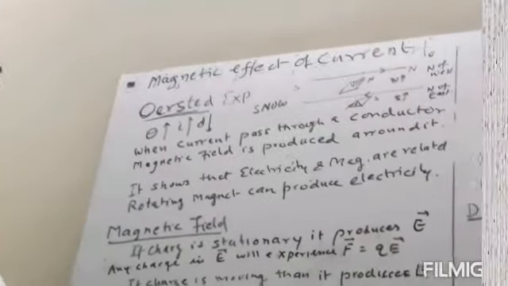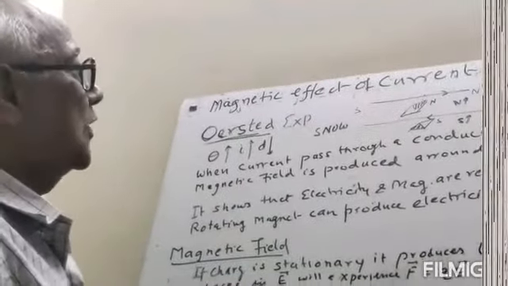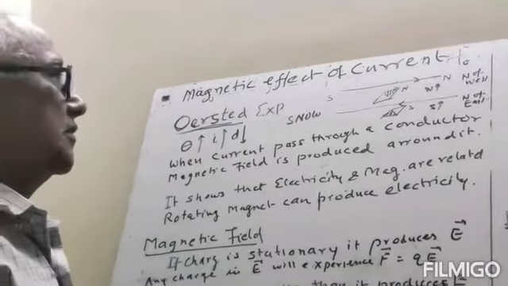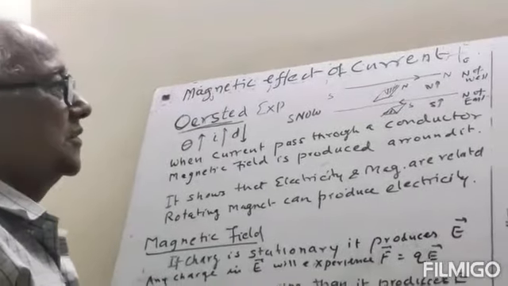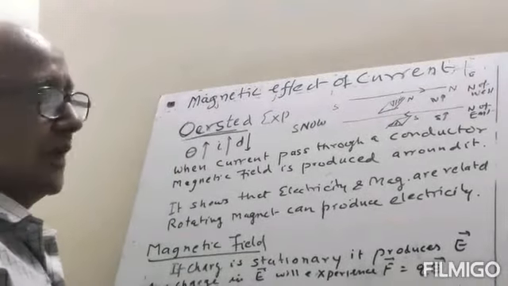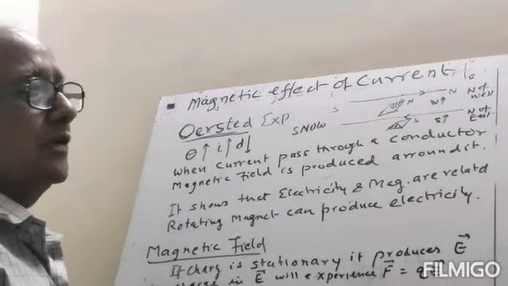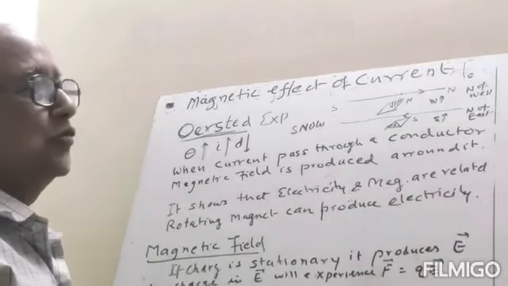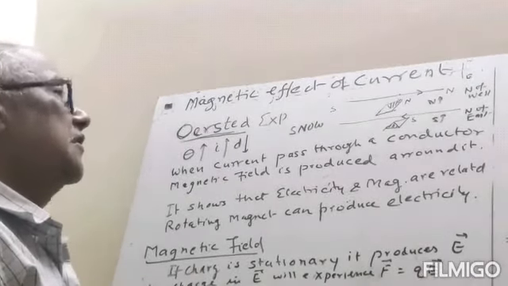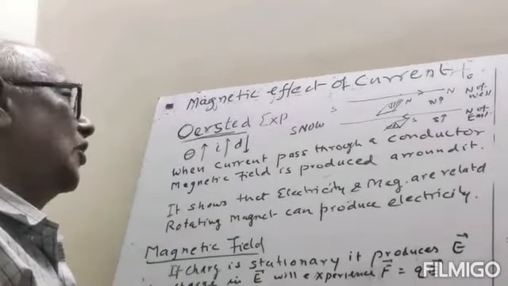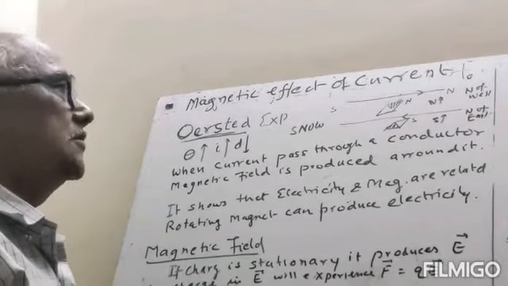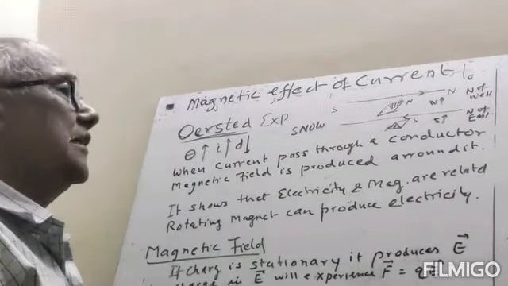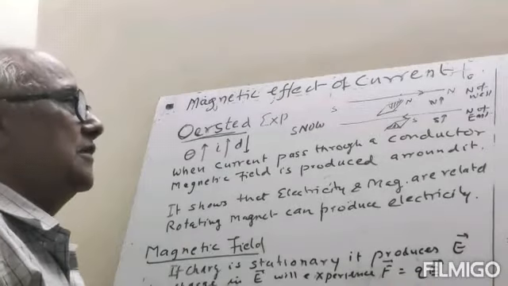So we will start a new topic, magnetic effect of current. Now, what do you mean by the magnet and how does a magnet work? If a magnet is freely suspended, it will show north and south direction. The magnetic needle is used to indicate the geometrical north or magnetic north and magnetic south direction, and the magnetic needle is always affected by a magnet only.